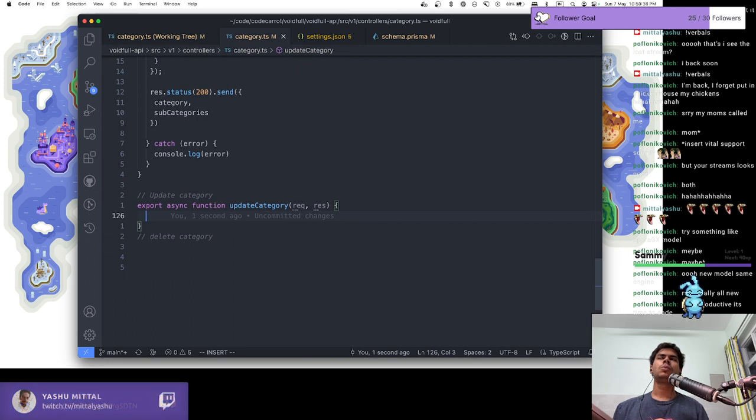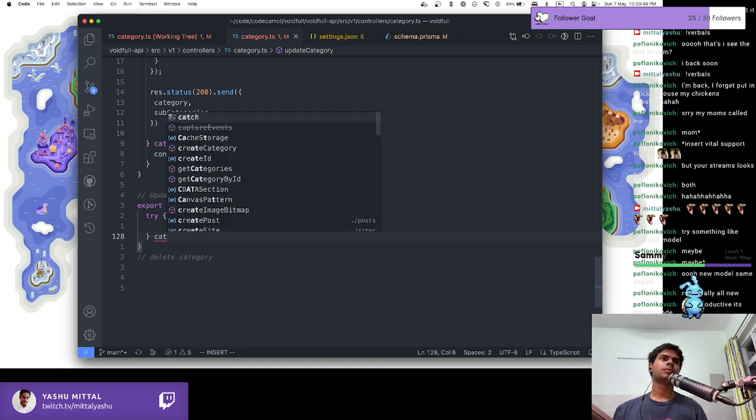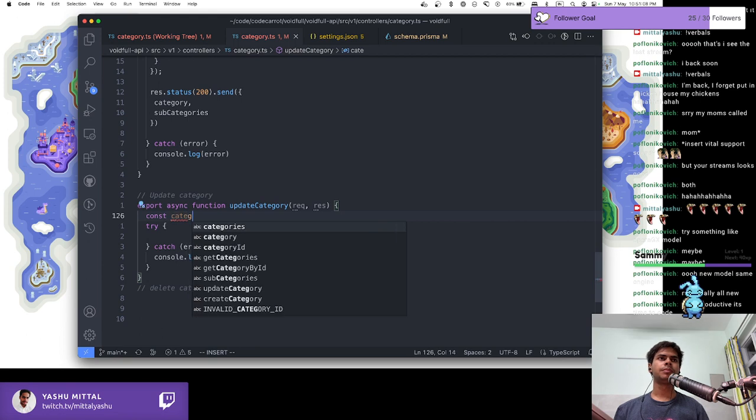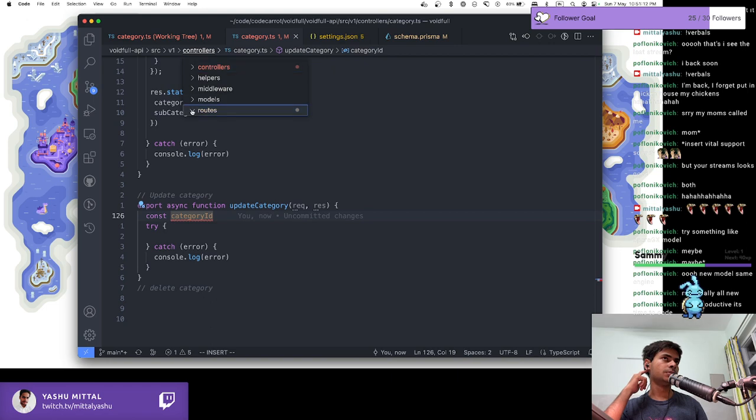And now we will have a try-catch block, and we can just log the error we need. And over here will be the main logic, and before that we need to pass the category ID as a param. So we need to get that, because if you take a look at the routes,